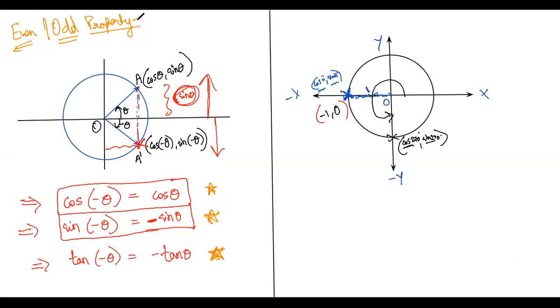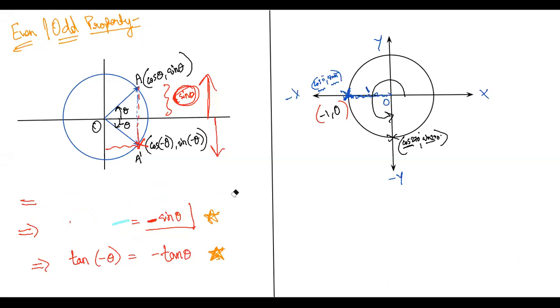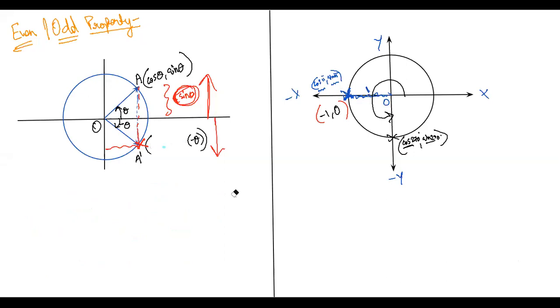I don't know if you have already noted it. If you did not note it, we'll write it down again. I'll use a fresh diagram to explain this. We said the convention is that you start from the positive x-axis, and any angle measured is positive theta. But if you go in the opposite direction, then this angle will be negative theta. Minus theta.